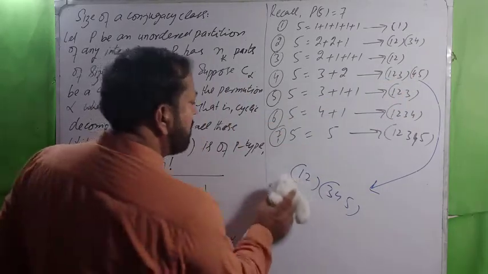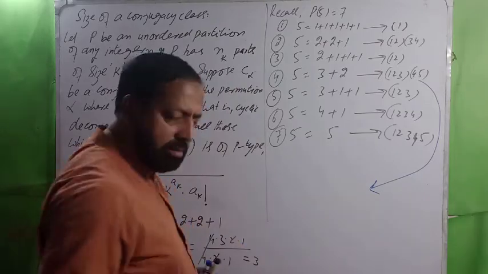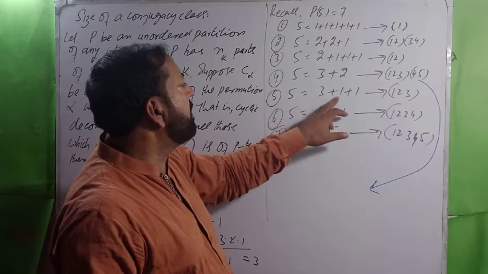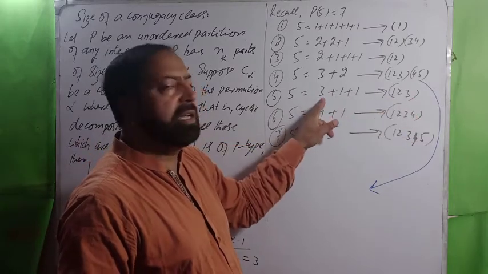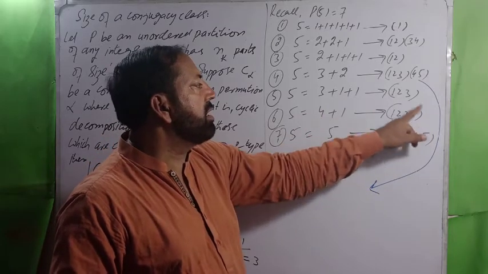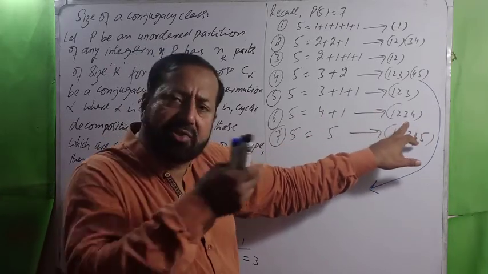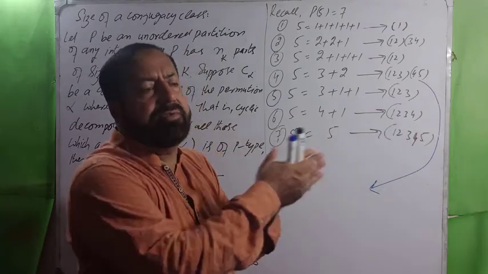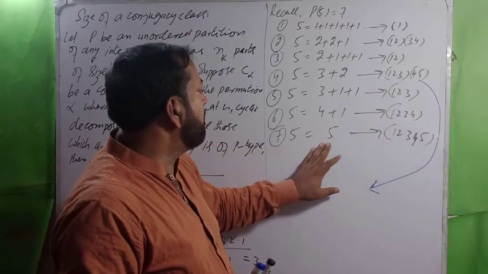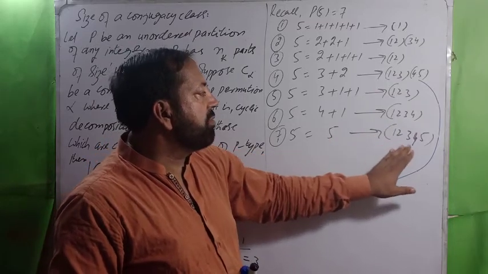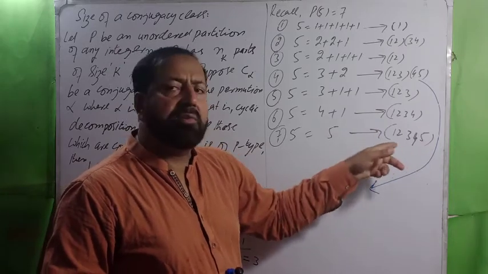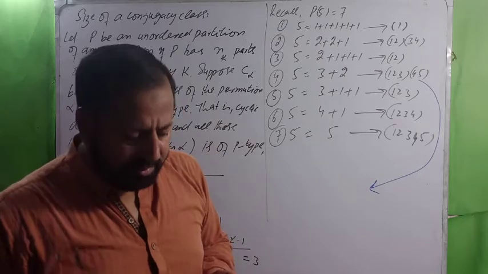Then 5 is 3 plus 1 plus 1. This is (1 2 3), a cycle of length 3, nothing else. Here, a cycle of length 4. All cycles of length 4 must be in this class and must be conjugate to this one. And 5 is the permutation of the type (1 2 3 4 5), and all permutations of this type must be in its conjugacy class. Now the last question remains: